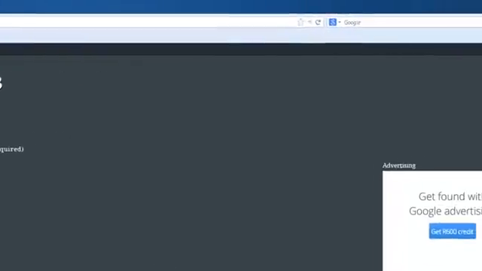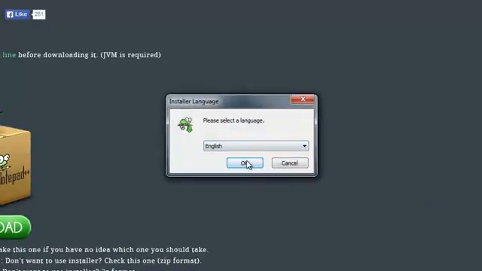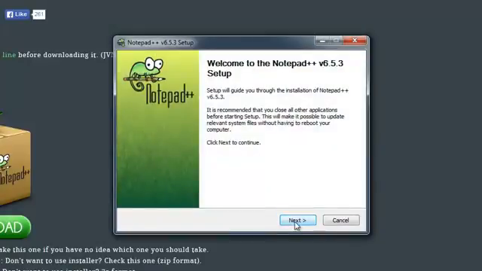Okay, so I'm going to go ahead and click install here. So yep, I'm going to save this and I'm going to run it. You guys probably weren't able to see that message that I just clicked on, by the way. It was like that Windows message. But anyways, okay, so please select a language. I'm English, so I'm just going to go ahead and click English. Next,